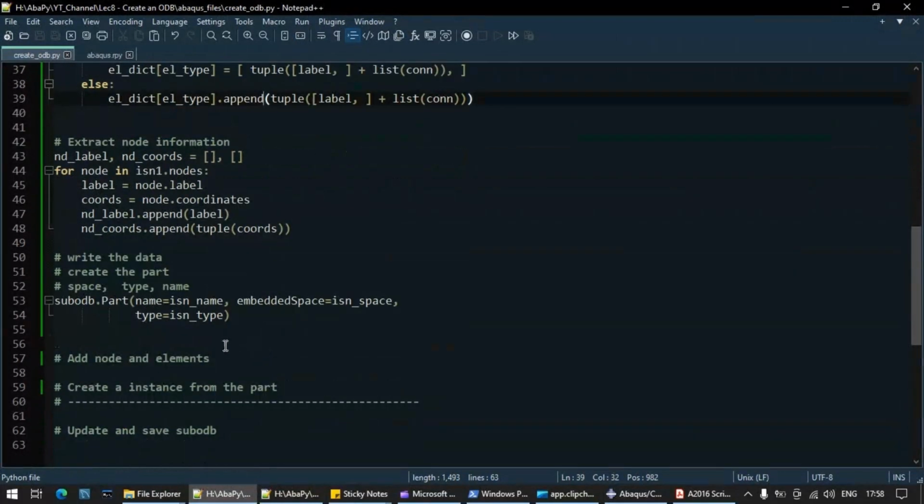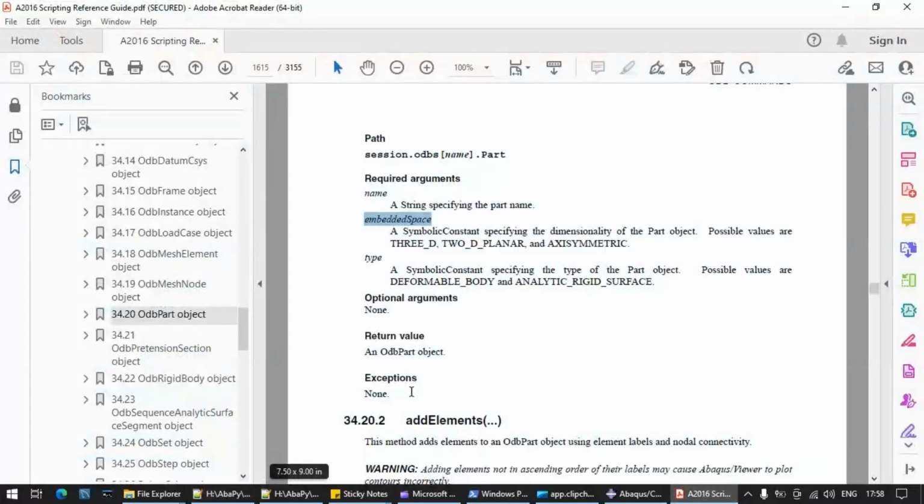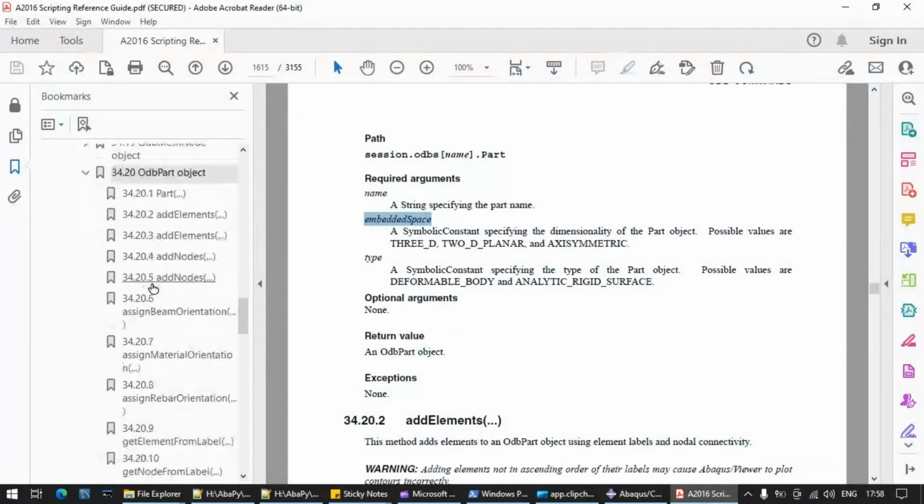Now write the information to the part. That means add nodes and elements. Again go to the reference documentation, then find this ODB part object.